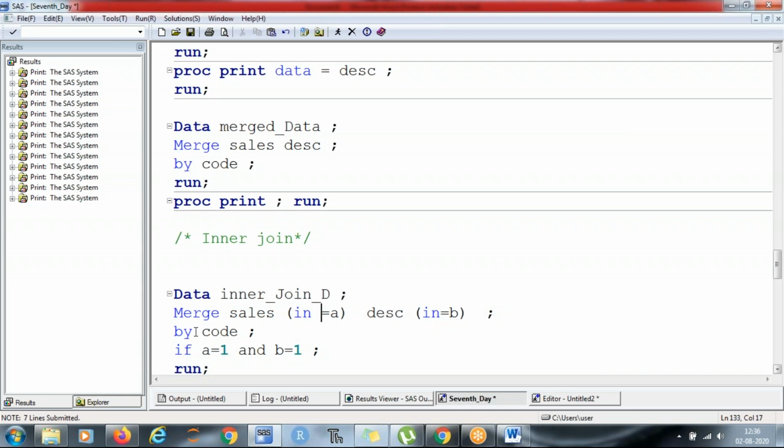Right. So by code, I'm merging them by code. If I'm putting a condition, if A is equal to 1 and B is equal to 1, मतलब वो A के अंदर भी होना चाहिए और B के अंदर भी होना चाहिए. तो कौन सा जॉइन है ये? इनर जॉइन. इनर जॉइन का तो ऑब्जेक्टिव था कि ये डेटा प्लस ये डेटा, इन दोनों को कभी भी मर्ज करो तो दोनों का आउटपुट ये वाला हिस्सा आना चाहिए.